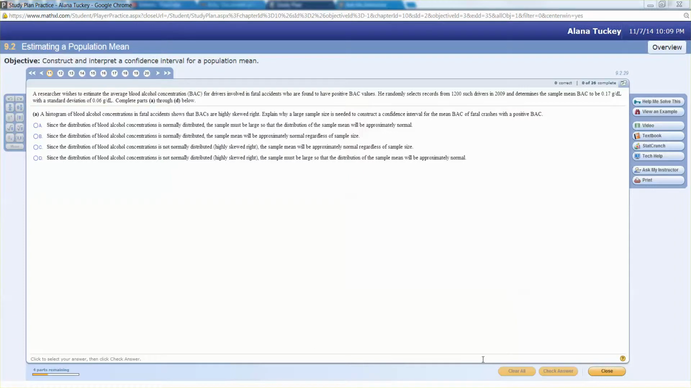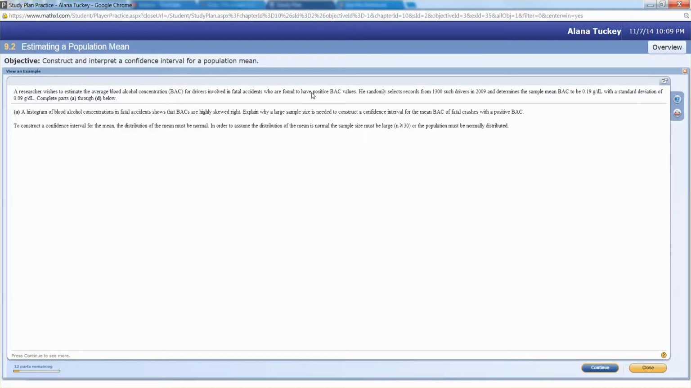I've received a question about this problem, which is 9.2.29. In the top right corner of either the study plan or homework, wherever you're working, click View an Example. So we have a researcher who wishes to estimate the average blood alcohol concentration, otherwise known as the BAC, for drivers